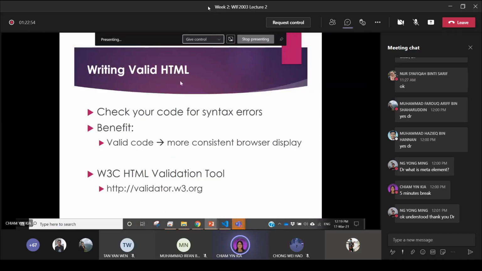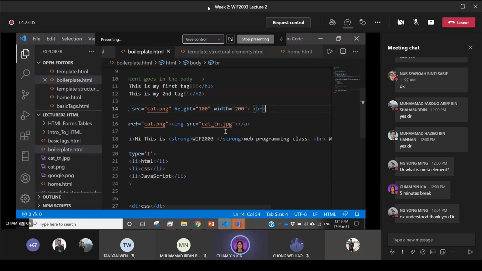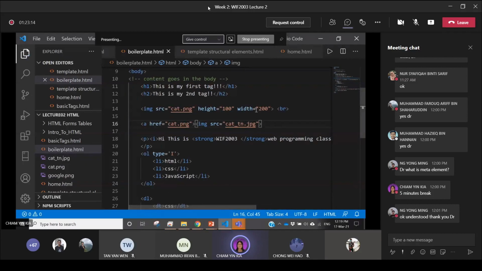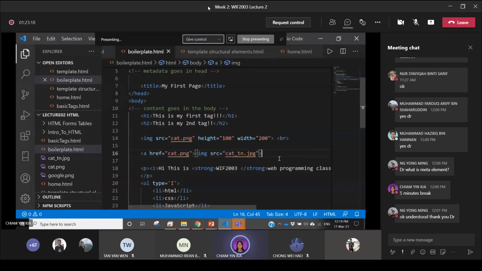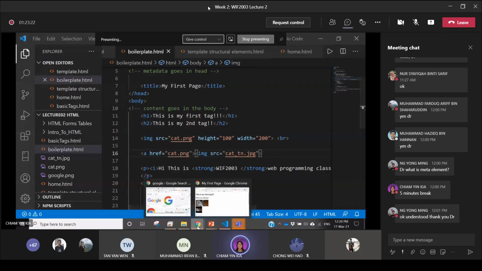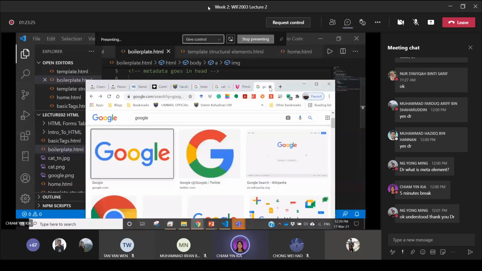When we write HTML, there are a lot of elements that you can use. Sometimes there is a possibility that you might make a mistake, because some elements require you to close the tag. If I didn't have the closing tag, it actually will have an error later. But sometimes when you write a lot of coding, you may lose track of some of the closing tags. Let's say you want to do some checking,